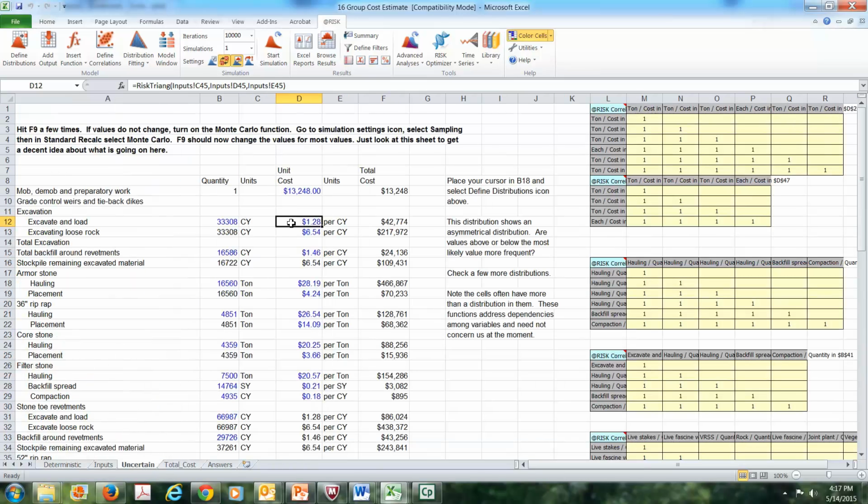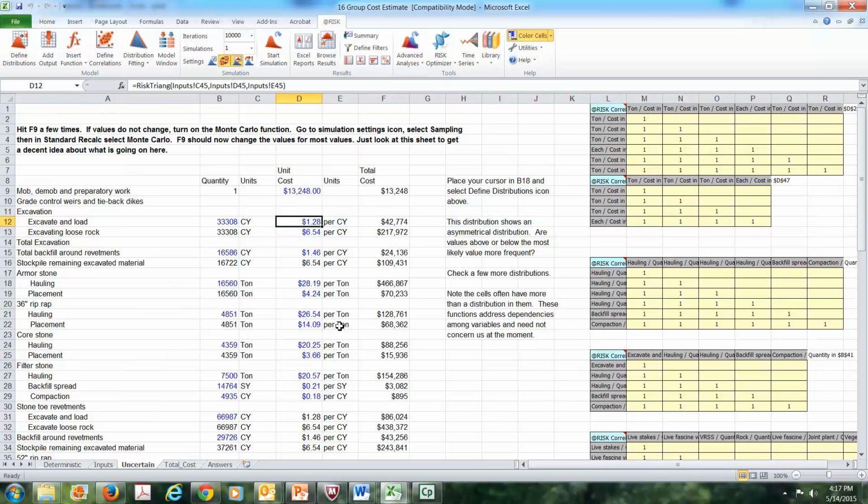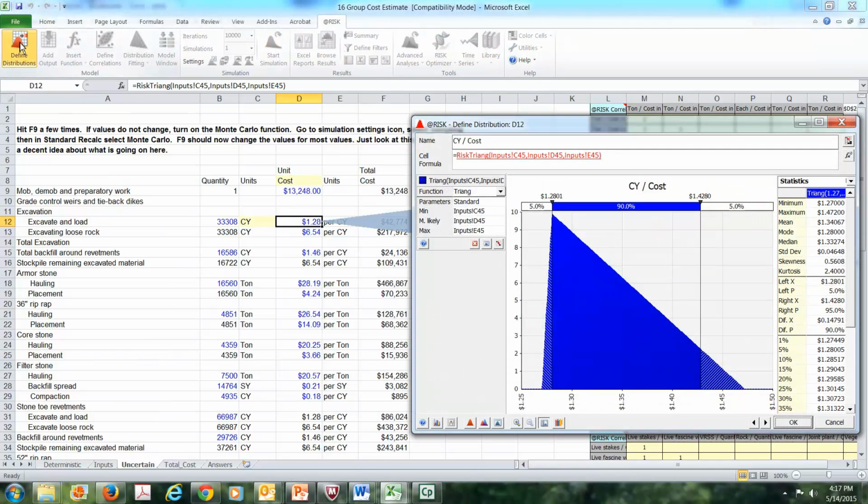So when we come over here, what I would like you to see is this. This is that value, excavation and loading cost, and it says $1.28, and this says 33,308. That's a very precise number. But here's how we deal with the uncertainty. What is really in that cell is an uncertain number. This is a triangular distribution. It says, imagine we're looking on the number line, and what we're trying to say here is, tell me what numbers are possible. And so we say, okay, it's not going to be less than $1.27. It's not going to be more than